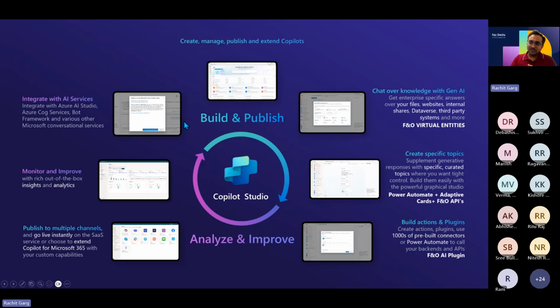When it comes to finance and operations, again, because we are looking at it from a finance and operations lens today, where can we embed FNO data and processes, and how? There are different components, or different ways, to build your Copilot. One of the components is called the knowledge source. So you add new knowledge sources to your Copilot Studio.